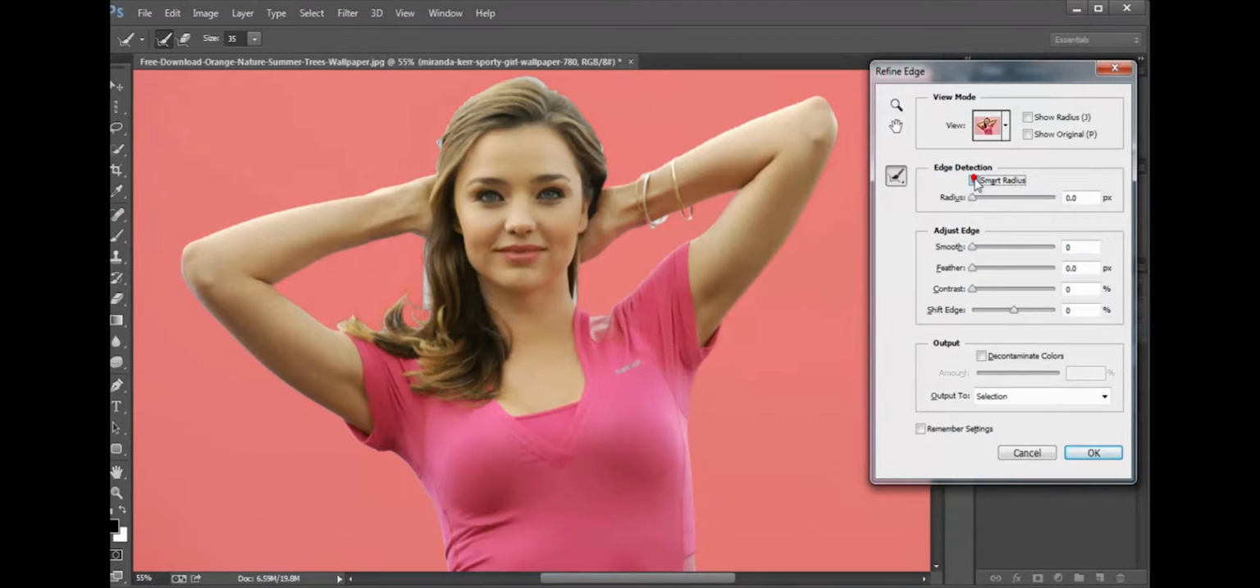In the second stage, you select your Smart Radius and play with it to find the levels you like and the levels you need. Check Decontaminate Colors and set it to 50. Select the Refine Edge Brush tool and refine your edges, not in all parts, only in the parts where you need to. If your selection is pretty good,